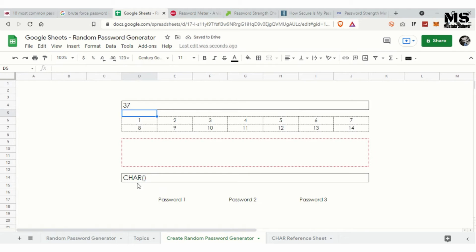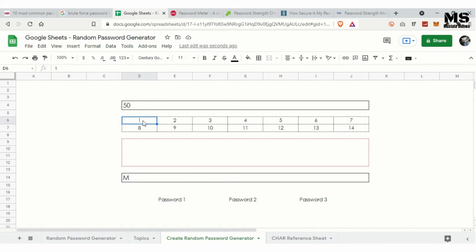Now let's go to the CHAR function. What the CHAR function does is it throws up the character value of the Unicode that is specified. So let's say equal to CHAR and let's give the number as 77. Once we do that, you see it throws up the character alphabet M. So this is where we are going to generate the first character of our password.